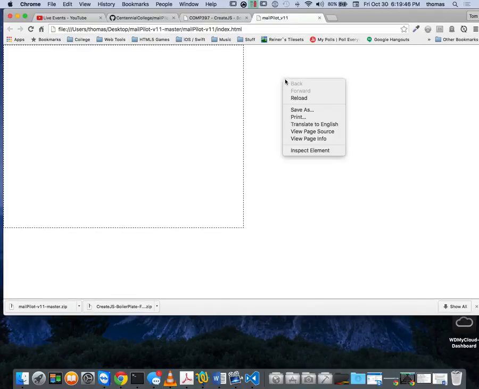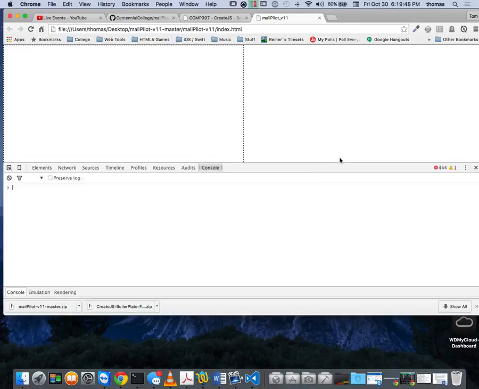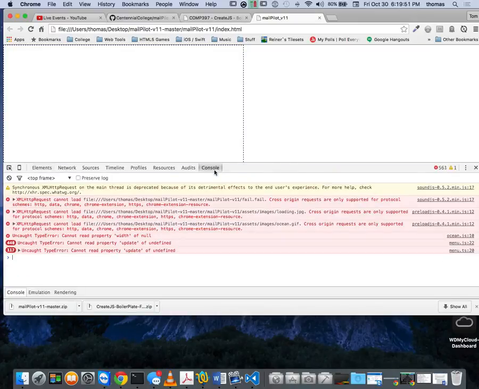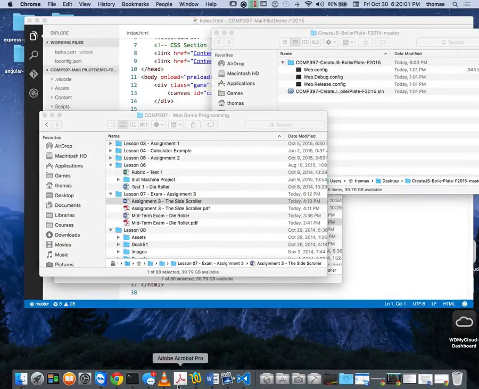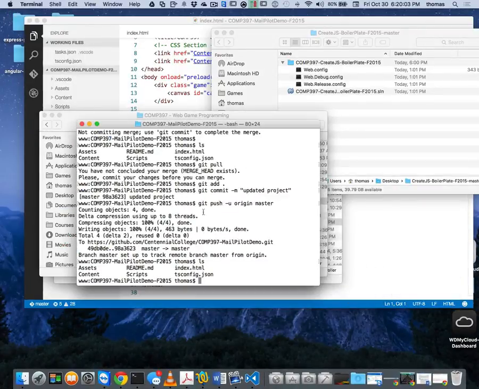It's got cross-scripting errors because of Google, and from a security perspective, if you notice from a console perspective, you get all these errors, right? Even if I refresh the screen, you get all these errors. And you get these XHTML request errors, right? Well, you can avoid that by using your little server, right? So here's my little server that I'm going to run. I just have to switch folders. So I'm going to go up one,